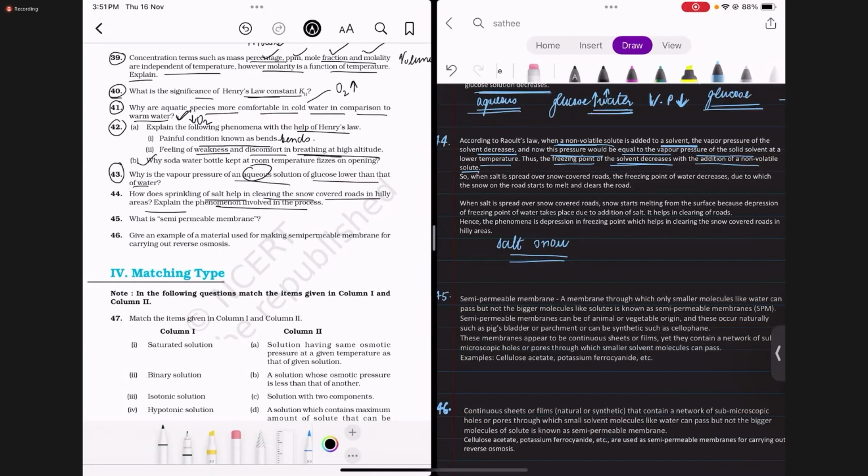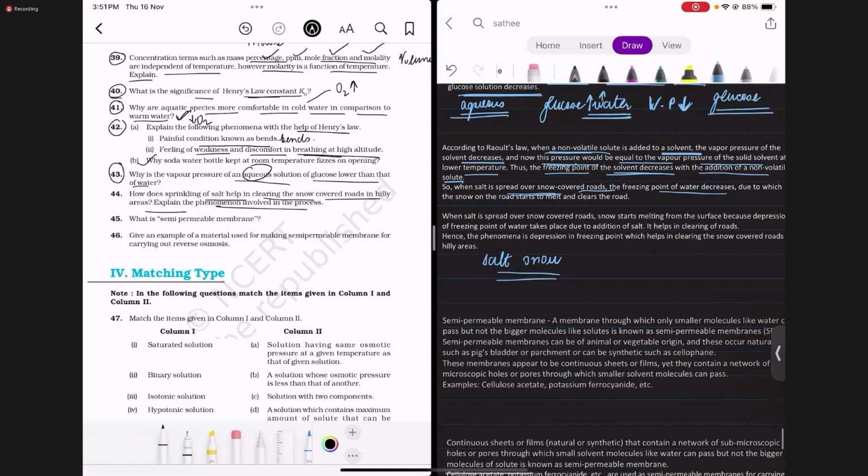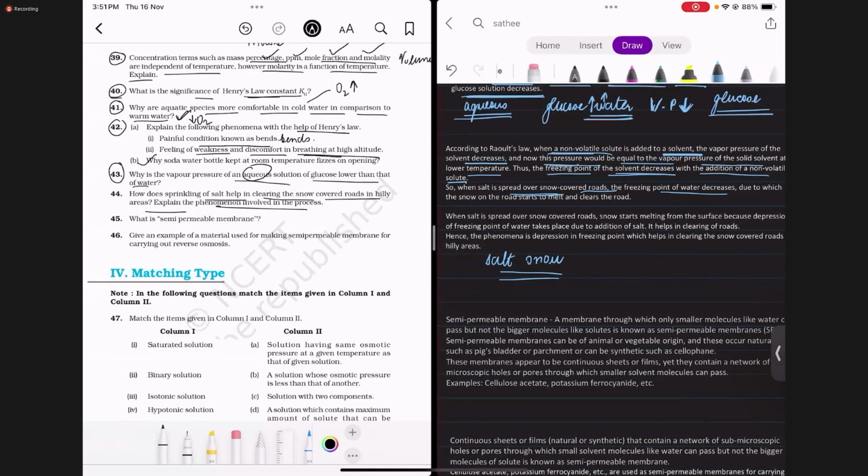So जब हम सॉल्ट को स्प्रेड करते हैं ओवर स्नो कवर्ड रोड्स तो वाटर का फ्रीजिंग पॉइंट डिक्रीज हो जाता है, ड्यू टू विच द स्नो ऑन द रोड स्टार्ट्स टू मेल्ट. तो जब हम सॉल्ट को स्प्रेड कर रहे हैं वो स्नो कवर्ड रोड, स्नो स्टार्ट्स मेल्टिंग फ्रॉम द सरफेस बिकॉज ऑफ द डिप्रेशन ऑफ फ्रीजिंग पॉइंट ऑफ वाटर takes place due to the addition of salts, and it helps in